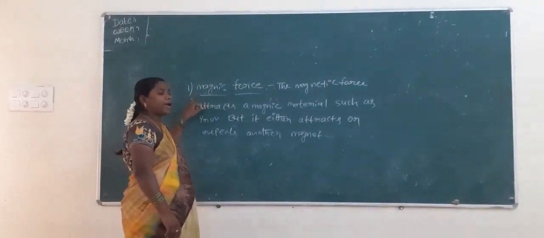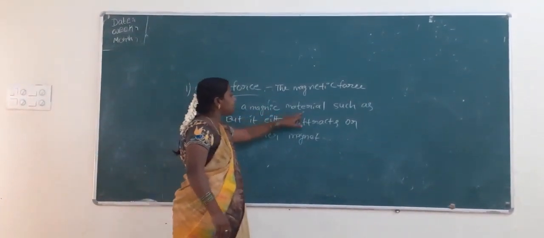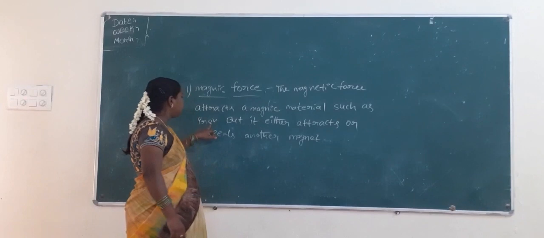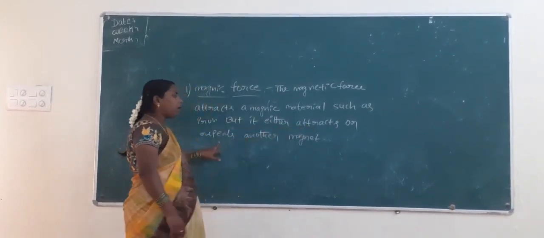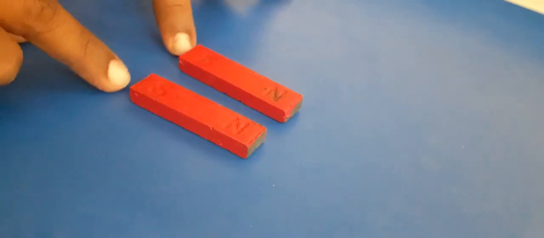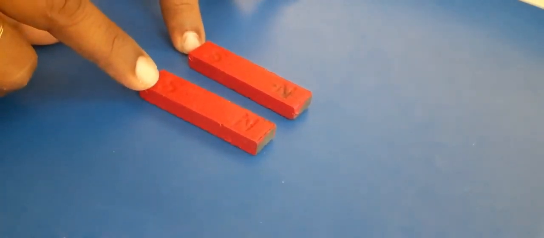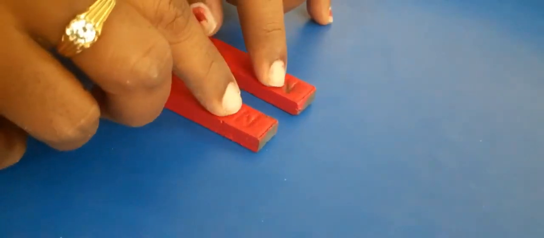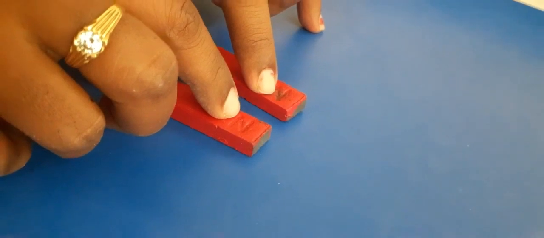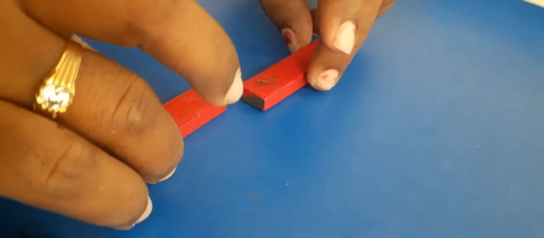Magnetic force. The magnetic force attracts a magnetic material such as iron, but it either attracts or repels another magnet. The two magnetic bars: this is the south pole, this is the north pole. Same poles are called like poles. So like poles of two magnets repel